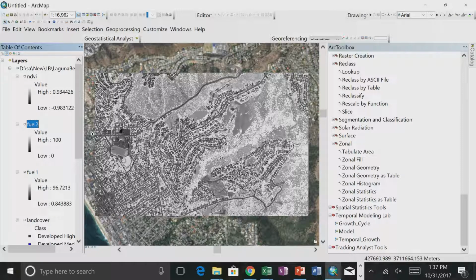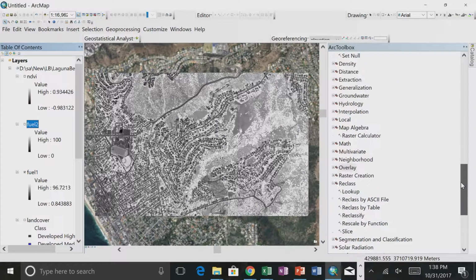This is not a real world example. But let's say that we wanted to model a fire in this area. And we decided that the fuel, the amount of stuff that could burn, was going to be the product of these two layers. In reality, it would be more complex than that. But actually, let's say the average of these two layers. The average value of fuel 1 and fuel 2 is going to be the actual amount of fuel that can be burned if we're going to try to model one of these forest fires out west. Well, we can do that